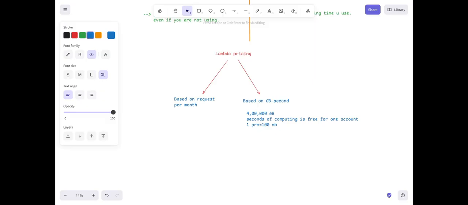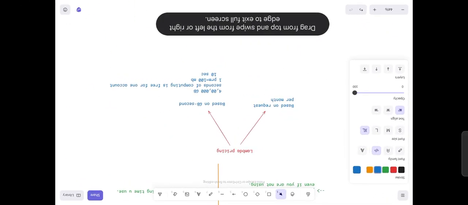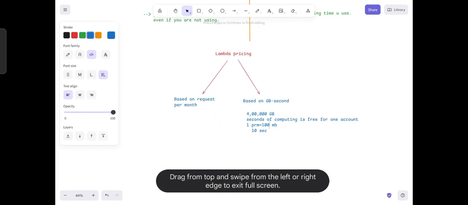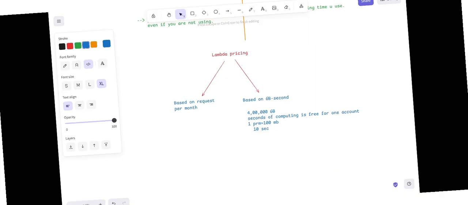Now, if you run this code and it takes 10 seconds to execute, then in this 4 lakhs GB seconds, 10 seconds is done. Now if you run the same code 100 times, then 1 lakh seconds is done. So it completely depends on the capacity of your program and also your runtime. Understood, guys?